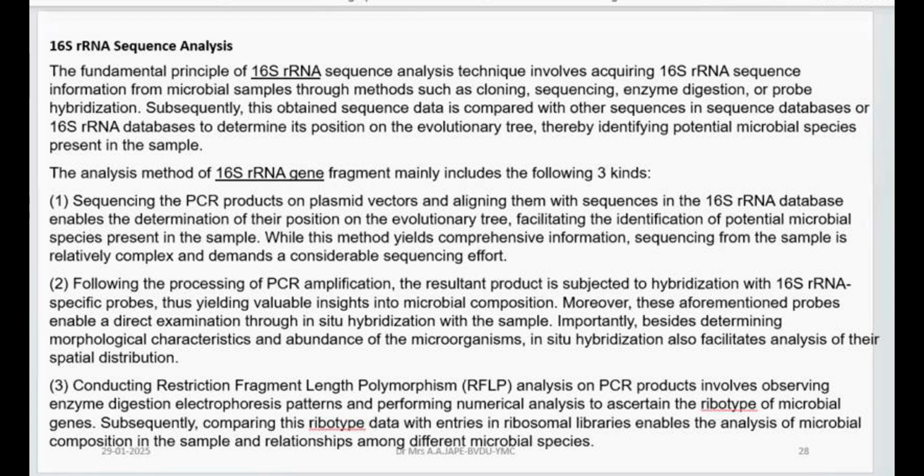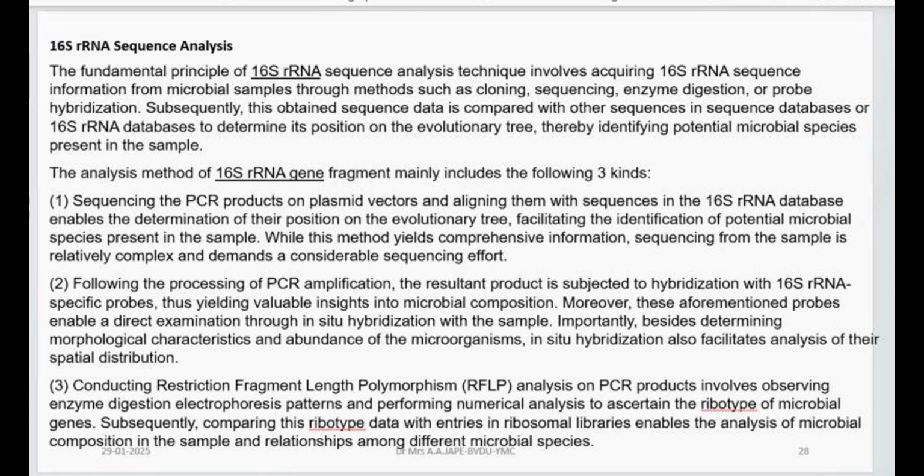Now here are the notes, so that you can use them in writing the answer. So sequencing the PCR products on a plasmid vector, aligning them. This is nothing but construction of the library. That is what you do after you extract the DNA, and it is to be cloned, right? So part by part you can sequence. Then you have to go for the process, that is amplification. So PCR amplification, and then you have to go for